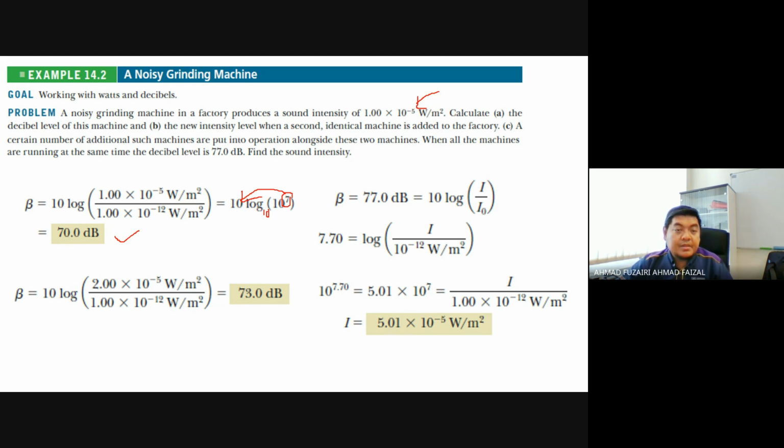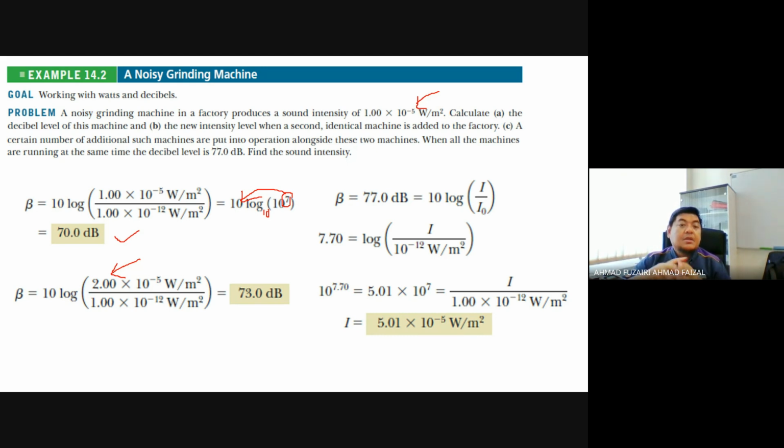decibel. Okay, in part B, the new intensity level when an identical machine is added to the factory. A same, identical machine. That means from one, you have two machines at one time. So you multiply the intensity by two. So you take two times 10 power of negative 5 watt per meter square. You take both, because that is considered you have two